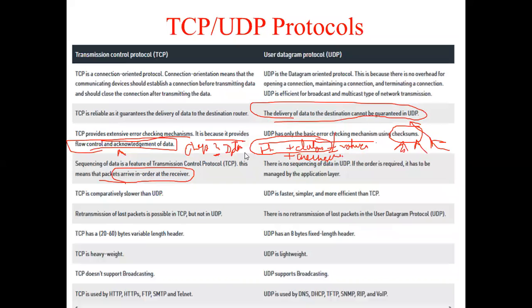They can follow any order, but they want the datagram to reach in a much faster way, right? So there is no sequence of data. You can see over here in UDP there is no sequence of data which will be managed, right? So TCP is comparatively slower than UDP. This is the first statement I told you in the beginning of this lecture, that it is slow because it